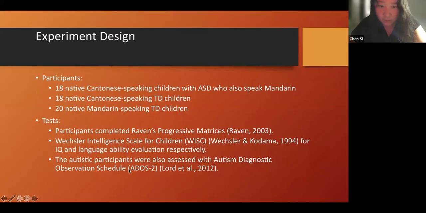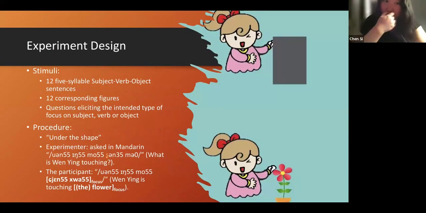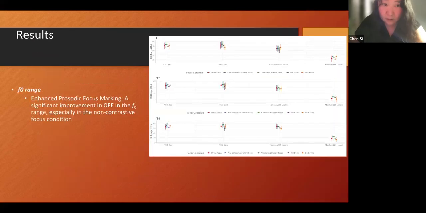And we have also done the tests with adults too. The experimental design is similar to the ones that we have seen, but it's in Mandarin, and of course we have also controlled the tones. And we have also found some significant results.